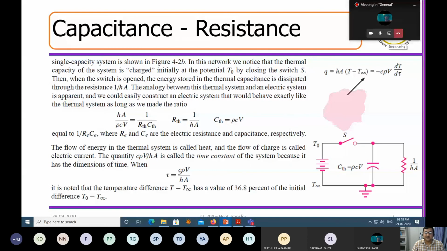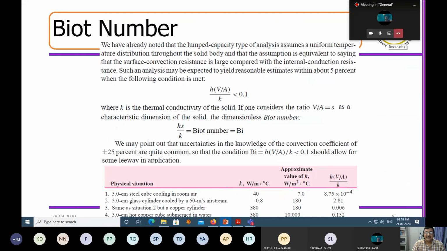So this time constant gives me how much time will be required for the solid object to release the heat to the fluid that is surrounding. If I calculate this, it will give me the time for the release of the heat. This is a temporal phenomenon, time for release of the heat. And this lumped heat capacity analysis is valid for the situation where hV by A by k is less than equal to 0.1. Now, this particular thing is called